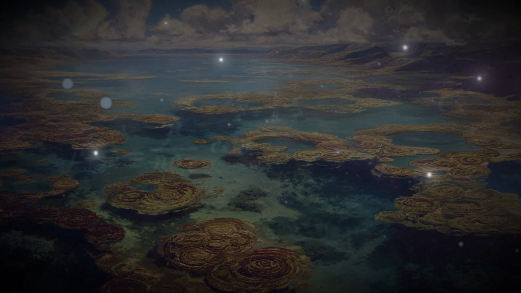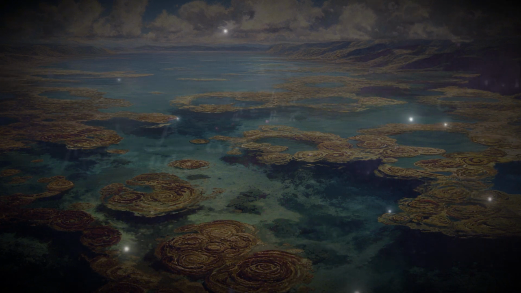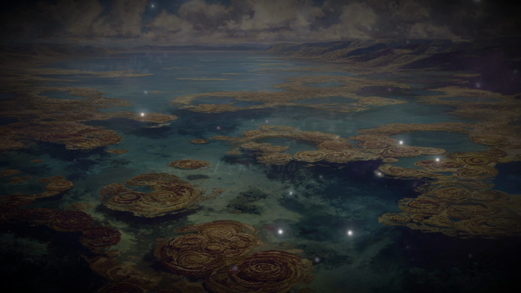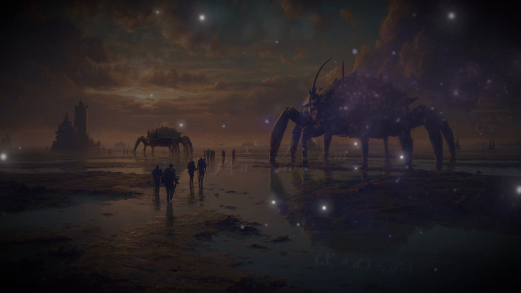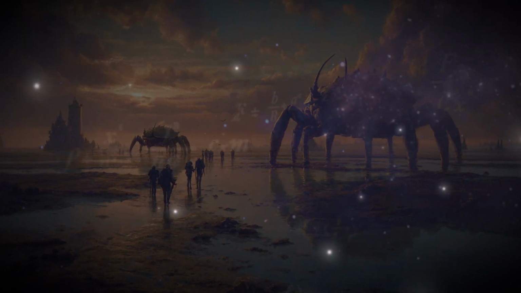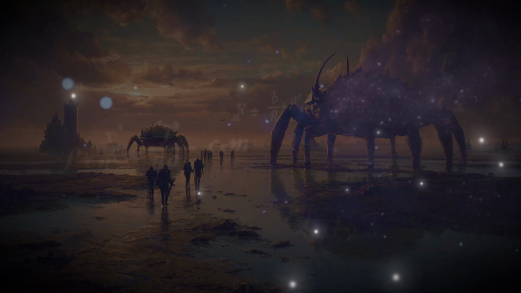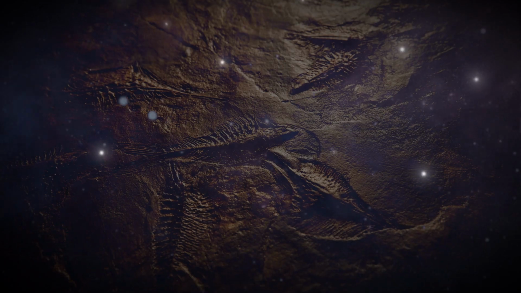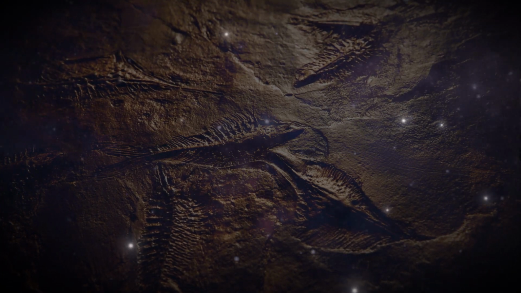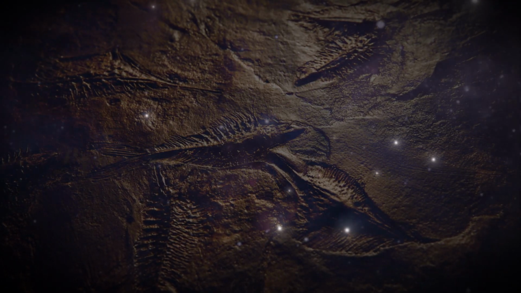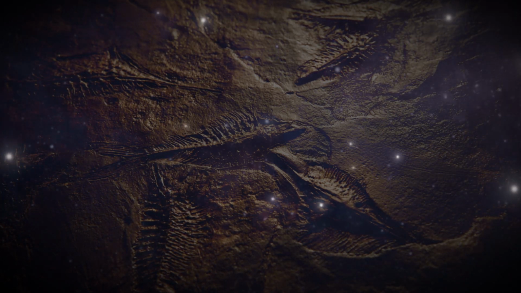As your eyes adjust to this alien, yet strangely peaceful landscape, you begin to notice the extraordinary plant life that defines this Devonian world. The landward side of the shore is dominated not by grasses or familiar flowering plants, which have not yet evolved, but by vast forests of primitive plants that create a landscape of otherworldly beauty. Towering tree ferns stretch toward the sky like green umbrellas, their fronds creating a canopy that filters the intense sunlight into a gentle, dappled illumination that bathes the forest floor in ever-shifting patterns of light and shadow.